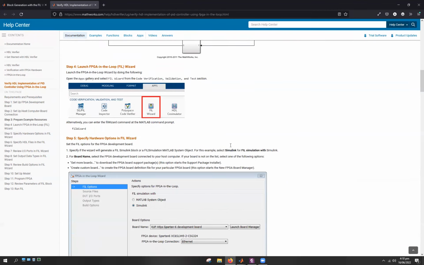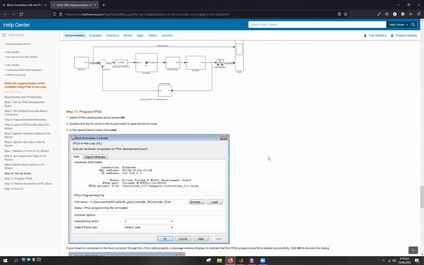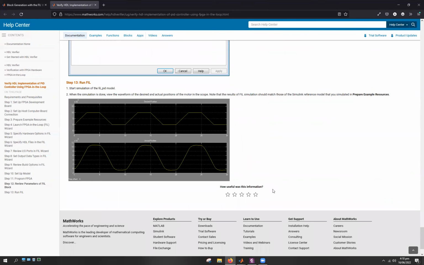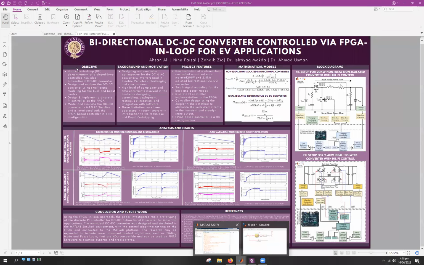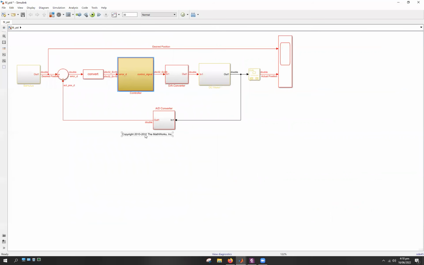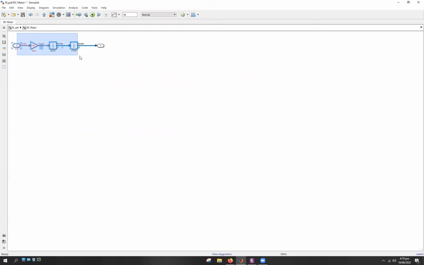Right. So moving on, the rest of the steps I would simply explain in the example on MATLAB itself. Right. So this is the model example that MATLAB has provided. For this particular model, the entire model is created within the simulation environment, within the Simulink environment right here. And also the DC motor model is simply given by its dynamic equation,